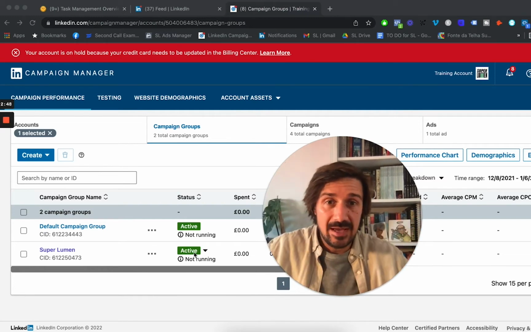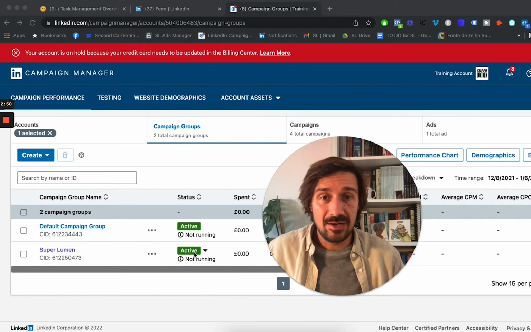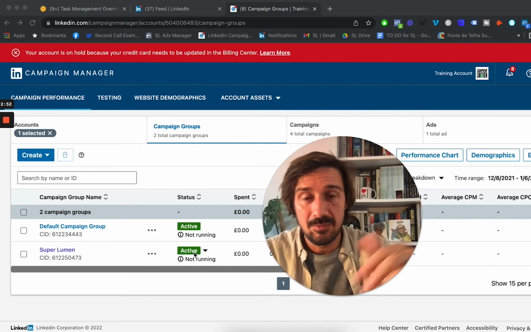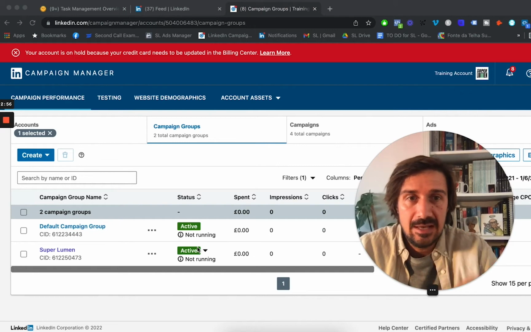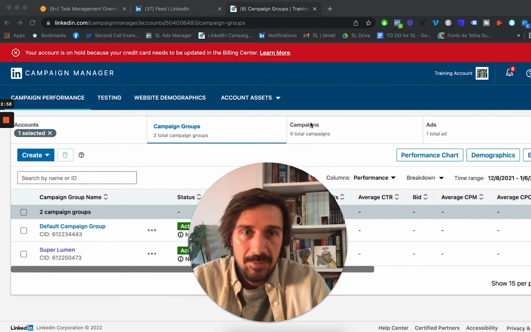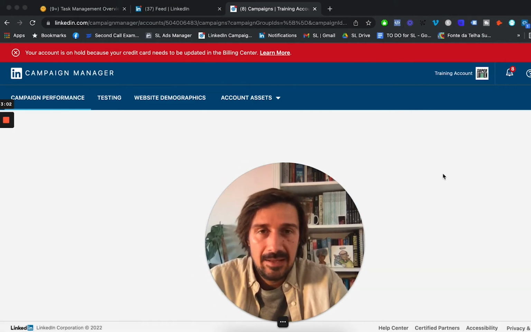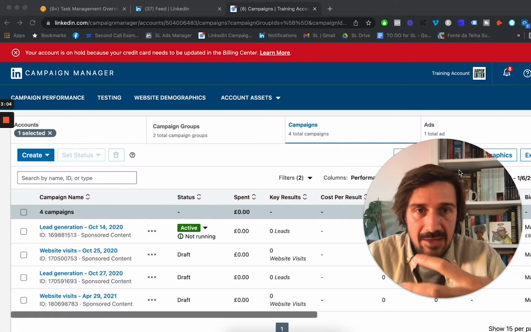And you might want to do that, say if you don't want to be running ads at night or on the weekends. But generally speaking, this is the highest level in your ad account. And then you have campaigns, and then within campaigns, you have ads. So most of the stuff is done in campaigns. The campaign level is all about,